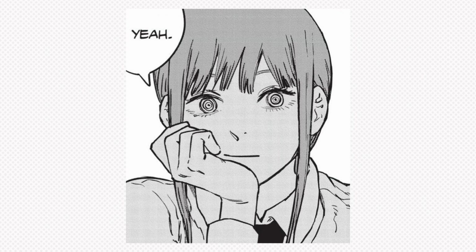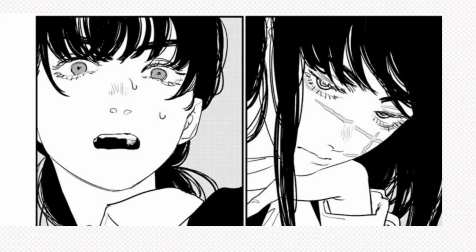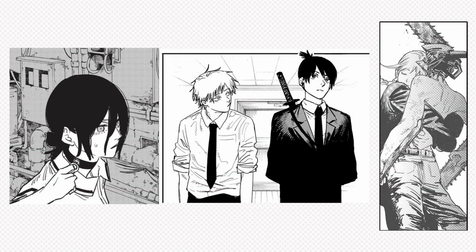Also, something that he likes to do, which also makes his art really unique, is the way he draws irises. He likes to play around with different variations, but I think his most famous is probably the one with the extra circle inside, like you can see on his character Makima, for example. But he doesn't limit himself to lines only. For example, here he uses screen tones in his eyes. Speaking of screen tones, Fujimoto likes to use them very often and almost everywhere,